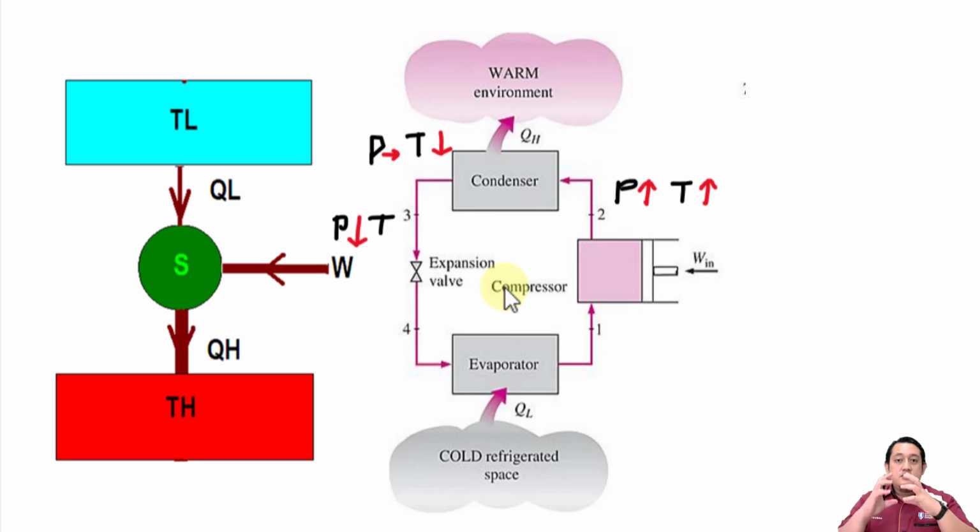Compress, pressure increase, temperature increase. Expand, pressure decrease, temperature decrease. Okay, so at this point here, temperature is decreased. After it expands inside the expansion valve here, the refrigerant will flow to this